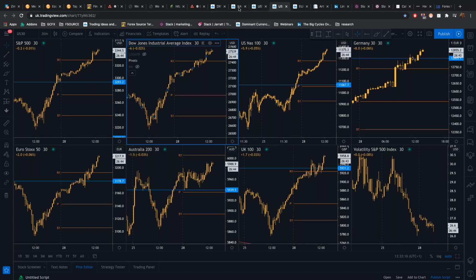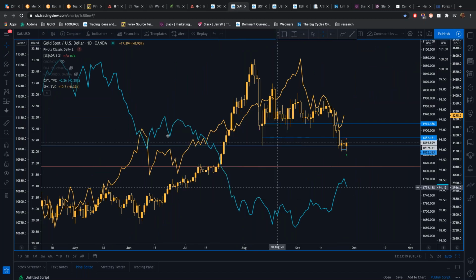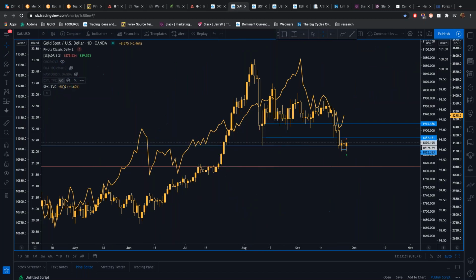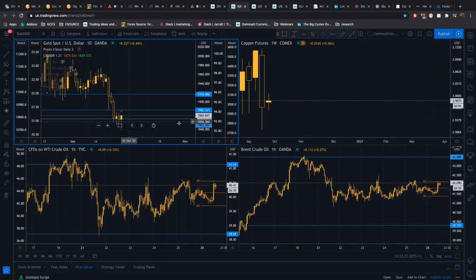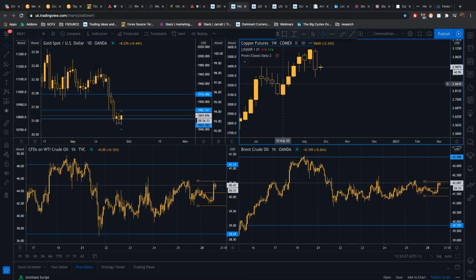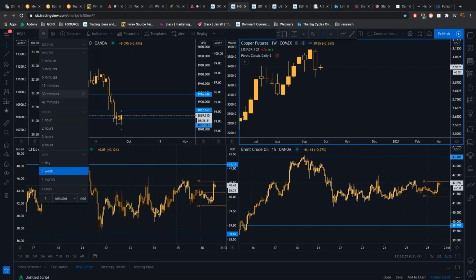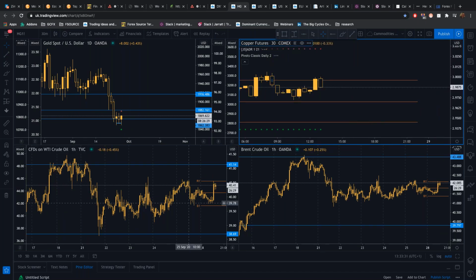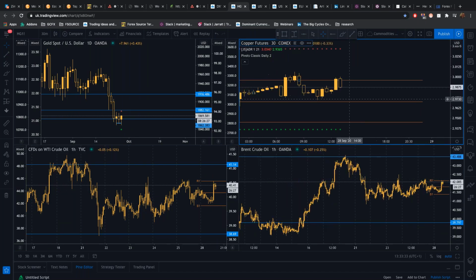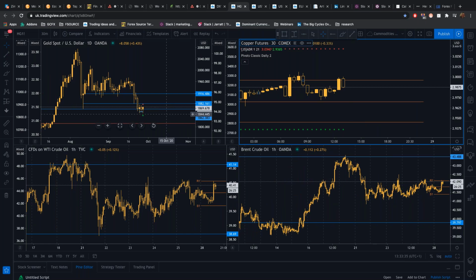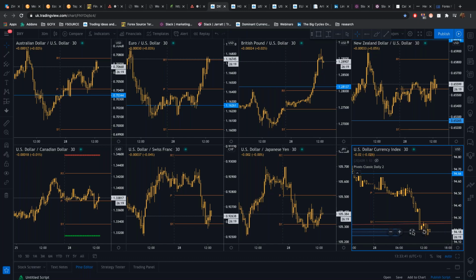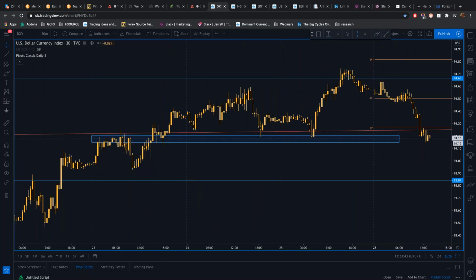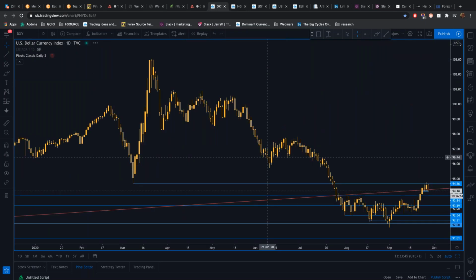Taking a look at commodities, we can see the gold market pushing a little higher. Copper has been supported on the day, and the oil complex is moving higher as well. That's what we expect in this risk-positive environment. Gold is being pushed higher by the weakening dollar. We're seeing the dollar weaken throughout the session, which is what we'd expect with positive risk sentiment.